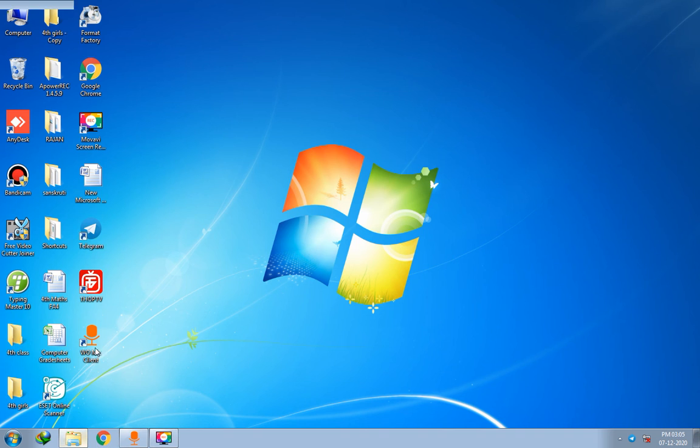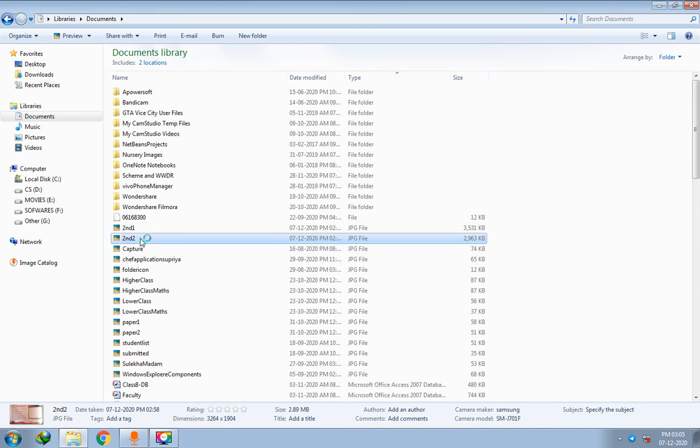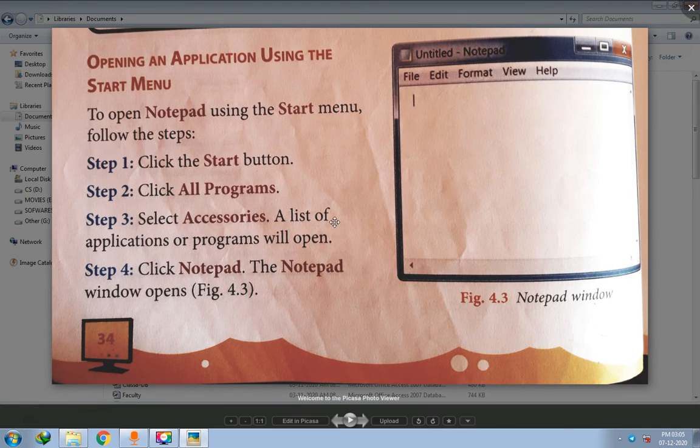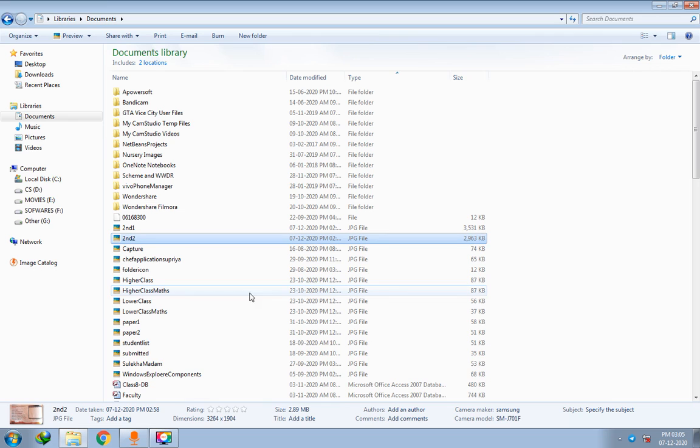Now another way of opening the application is from the start menu. For example, if you want to open the notepad, right, you can follow these steps. Click the start button, click all programs, click accessories and select notepad, paint or calculator, right? Anyone you can choose. So I will show you the same thing.